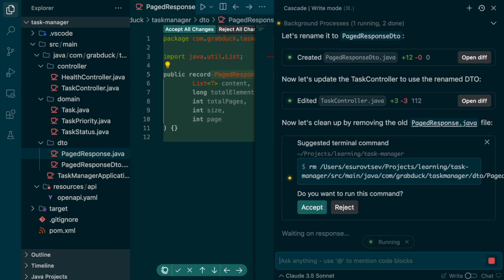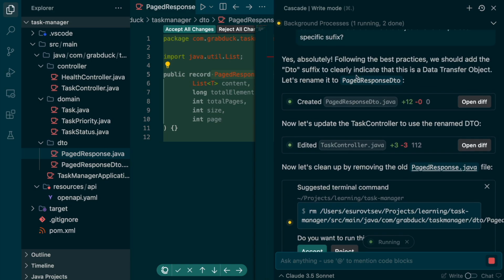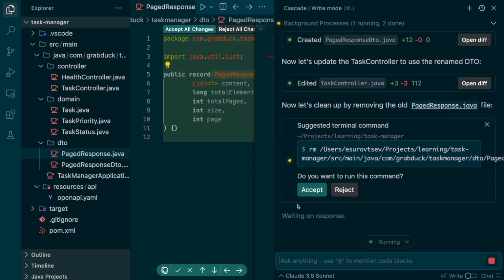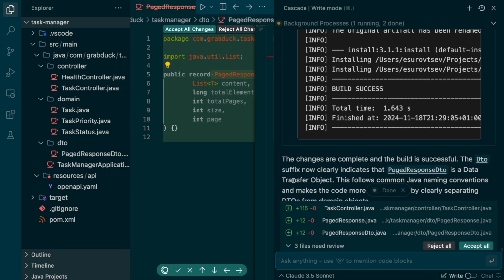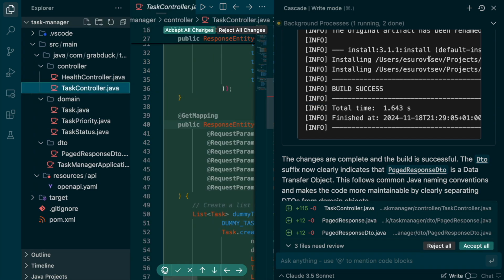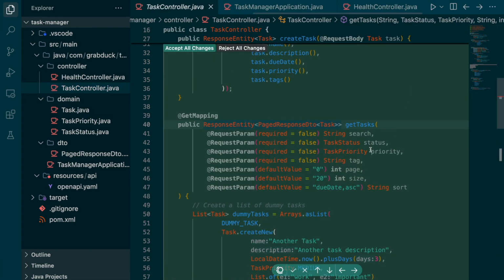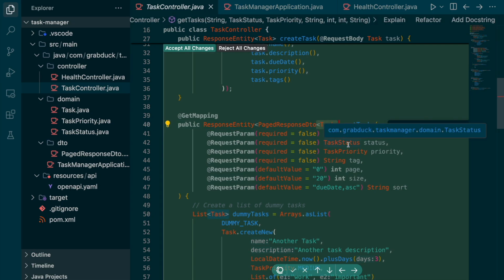And it says yes, absolutely. Who would expect something different here, right? Okay, let's continue with the review. Again, going back to the controller. And we do have paged response DTO of task. I'm not sure if we have to use that. Maybe it makes sense, like, how many other page response DTOs would we have in this application, but well,